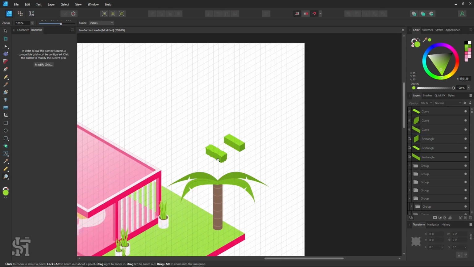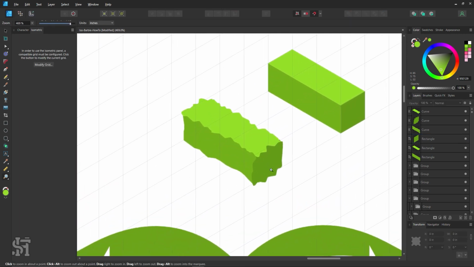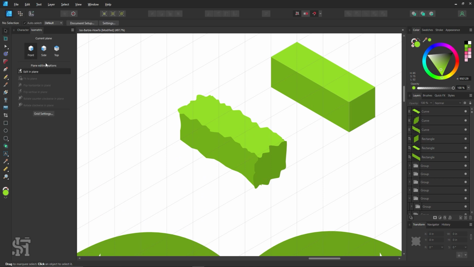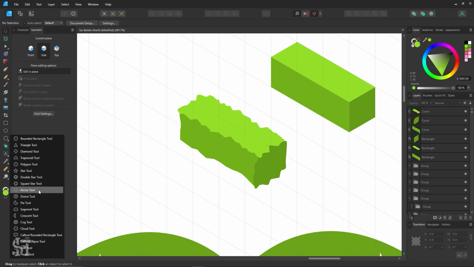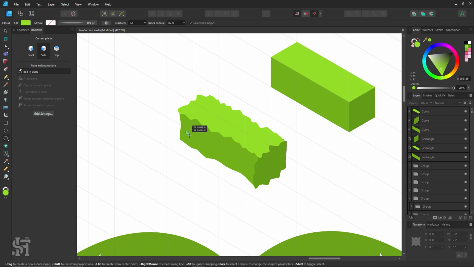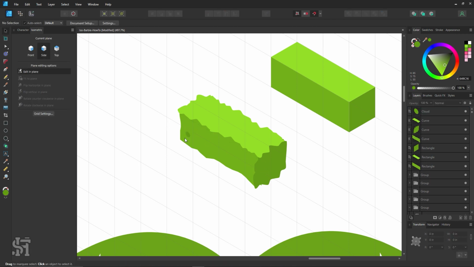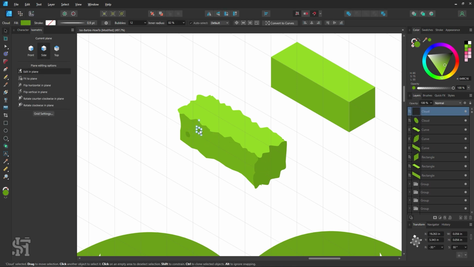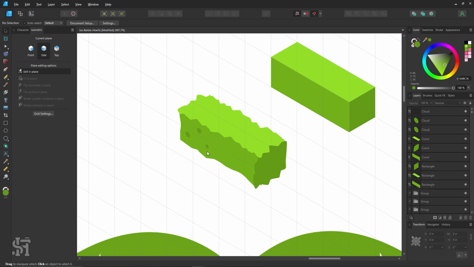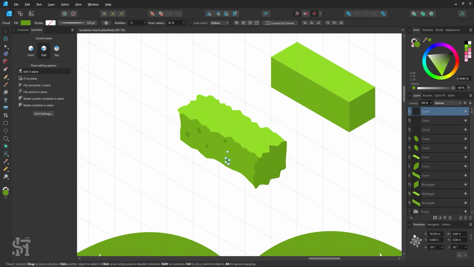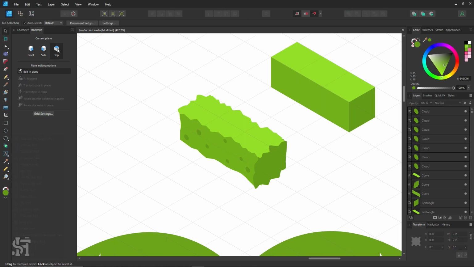And then we just did a little bit of some details in here for some little flowery things. And to do the little flowery things, I went first to the side, and then I went in here to the cloud tool to make some delightful, weird little cloudy flower things. And just kind of alt click and make them all over here, just so the bush hedge has just some details on here to make it look a little bit better. And we'll do the same thing on the top,